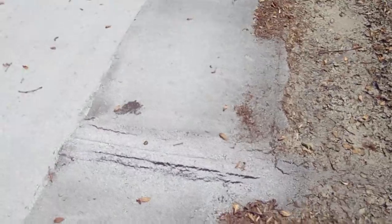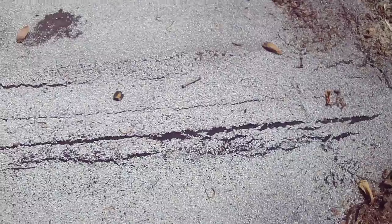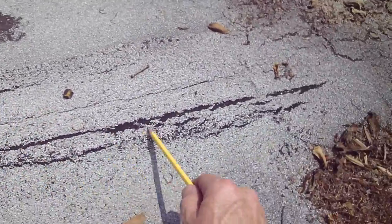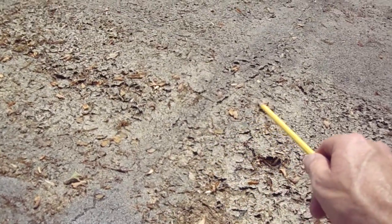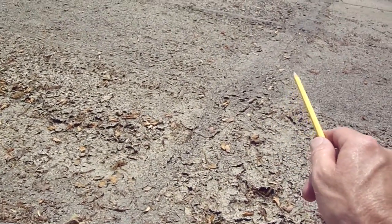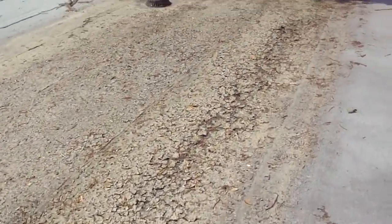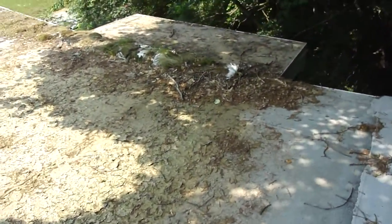Here's a good illustration. You can see this is up out of most of the ponding problem. But you can see how it starts to split here and here. This is an end lap where the sheets meet from end to end. But as it gets down into here, it really starts to get radically distressed. And again, it's just something to be aware of. You probably want to start developing a solution for that, because